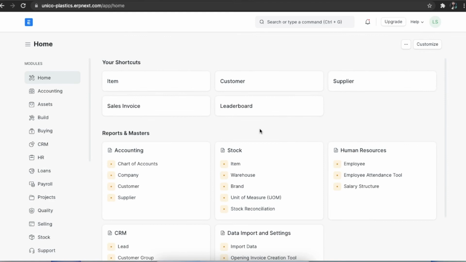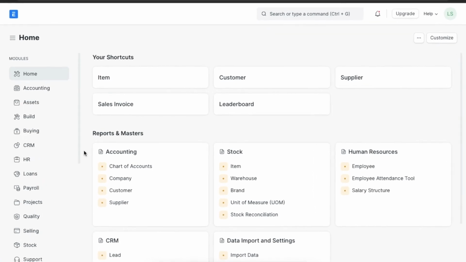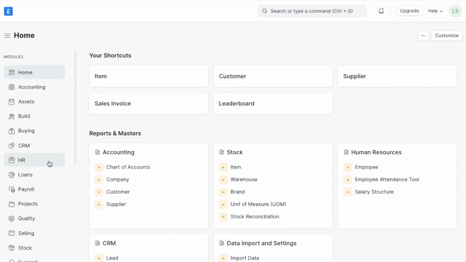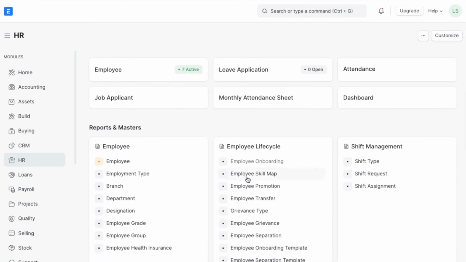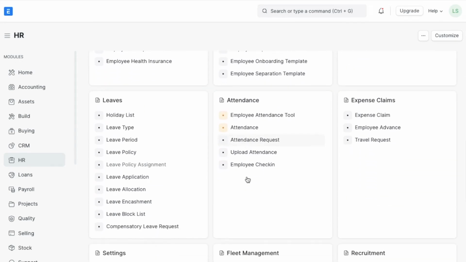While creating a new employee in the system, we mentioned employee settings a couple of times. Let's see what exactly we can customize in employee settings. To navigate to employee settings from home, you can go to the HR module and click on HR settings under the settings section.